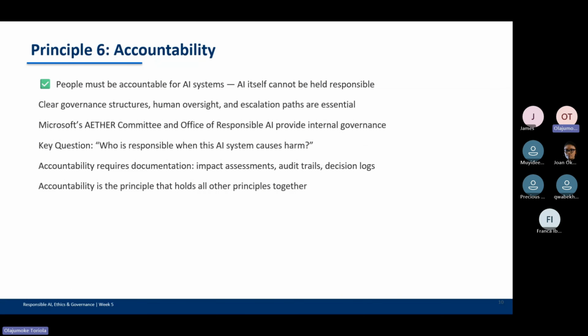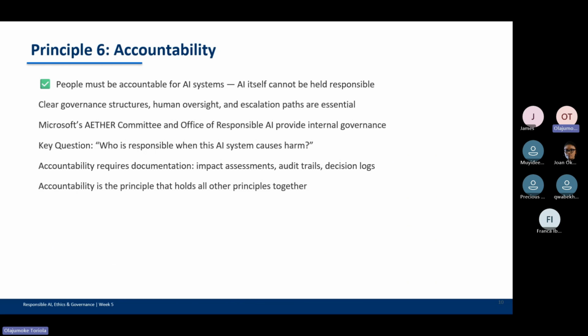Now, the last principle is the accountability principle. So this is the anchor principle. And why is it the anchor principle? Because AI doesn't take responsibility. People do. AI is an agent. That's why I normally say that when you build your AI agents, you build them in such a way that you treat them like your other employees. An agent should be treated like an employee. The same way you put guardrails for every employee and say, oh, you don't have access to certain data, the same way you should do for AI also.